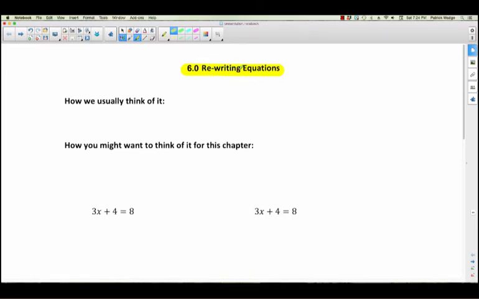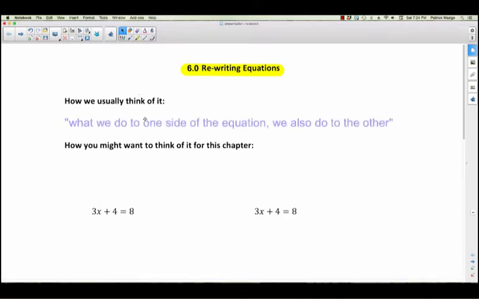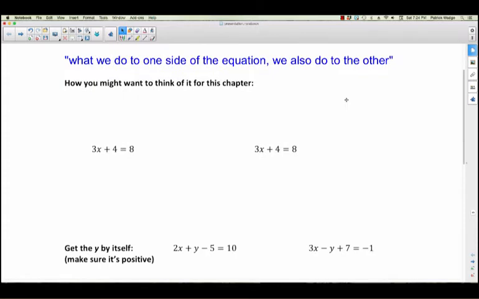What we're going to look at is how to rewrite equations. This is going to be very, very useful for the rest of this chapter. So how you usually think about solving equations, rewriting equations up until now, especially if you've been in my class, is I stressed with you in grade 8 and grade 9 over and over and over: what we do to one side of the equation, we also do to the other side of the equation. So for example, if I was solving this little equation right down here, 3x plus 4 equals 8,